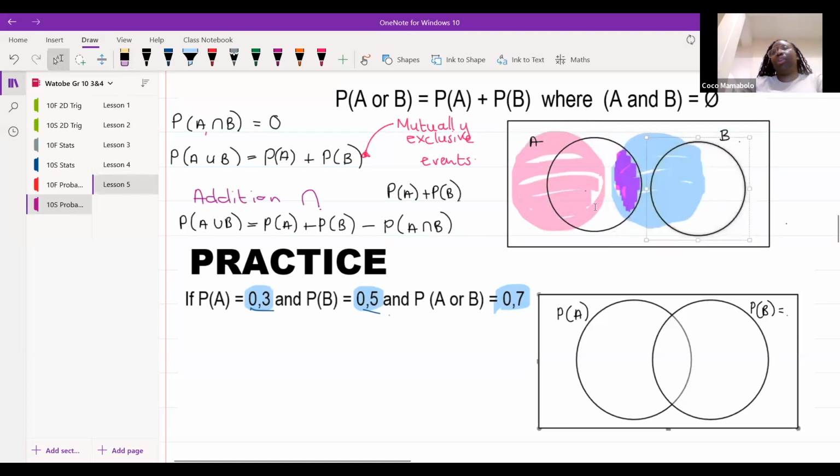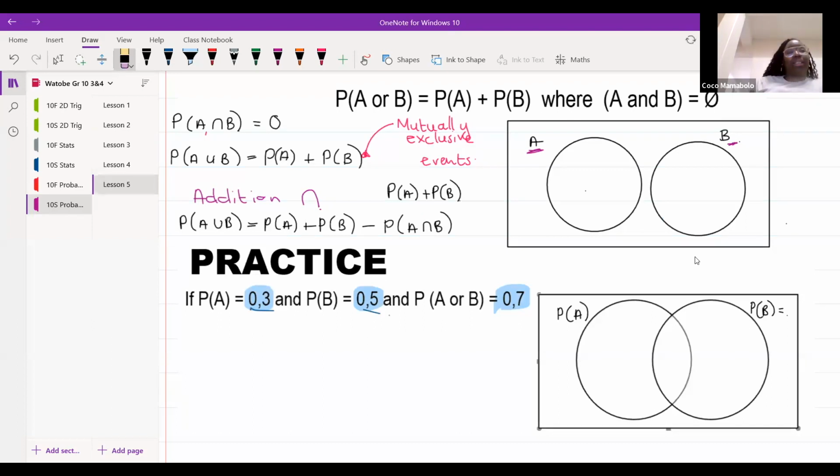Which means, if we want to count all of these students, this is the math students, and these are the maths lit students. Now, if I want to calculate the probability that, if I choose at random, I would choose a child who does maths or maths lit, then I would take the probability over here plus the probability over there. I would add them together. That's the only difference.